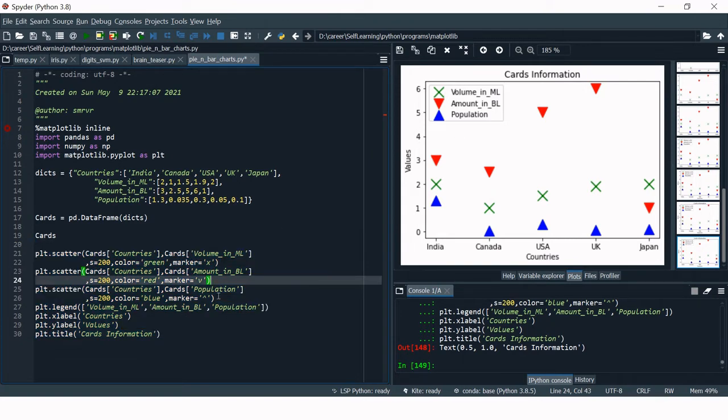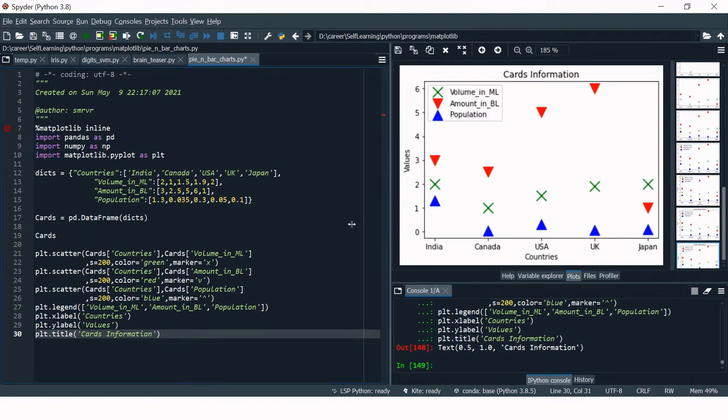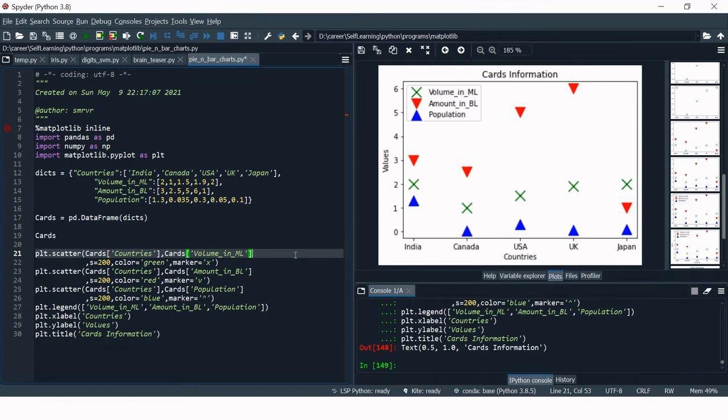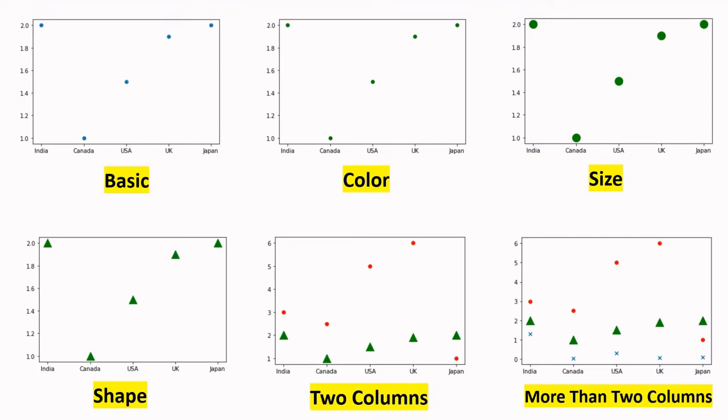The point which needs to be noted here is, if you want to include many other columns, you just need to do these things repetitively, and when you are running that, you just need to run the entire batch together. Then you can achieve a scatter plot which will be a combination of multiple columns. So this is how simple it is, and it's the simplest way of creating a scatter plot, right? So you can just refer to this video, and you can create all of these variations in a scatter plot.